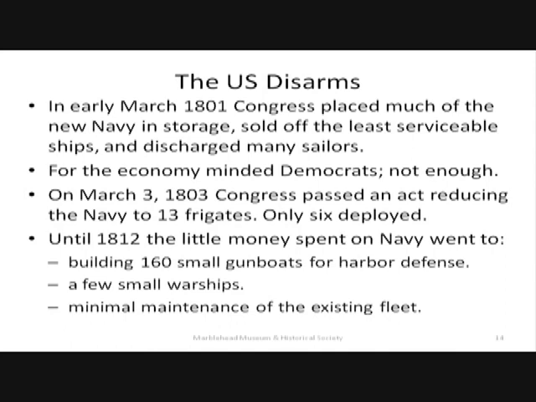They also bought a few small warships, and they put minimum maintenance on the existing fleet. The ones that were in storage, all of them needed major repairs, and some of them were beyond economical. At least 2 of them were beyond economical repairs. So the 7 they had put in storage, for all intents and purposes, were at the beginning of 1812 unavailable and not likely to be available in any reasonable period of time. So the result was we in reality had 6 top-line ships left.